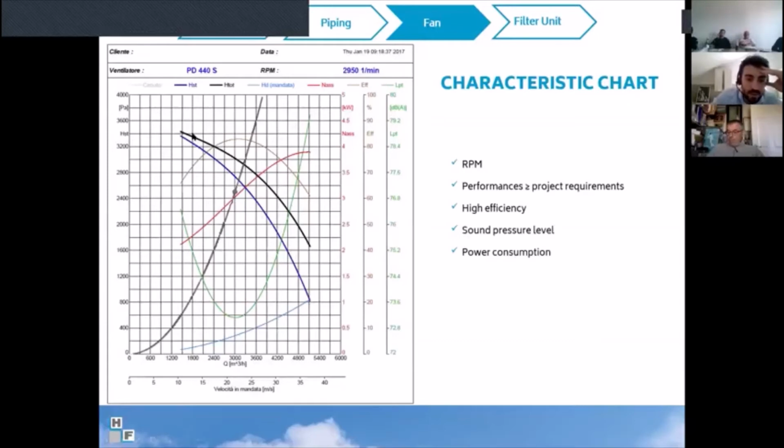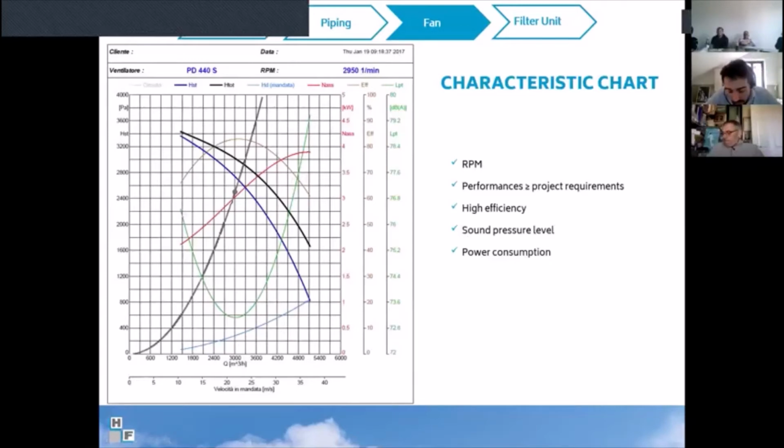The black one is the total pressure, but this value is not so important for us. Here below we have the dynamic pressure. Again, this is not so important for us. Then we have the efficiency, and it's very important. The power consumption of the impeller of the fan is also a very important parameter, and the sound pressure level of the fan, the green one. Okay, so